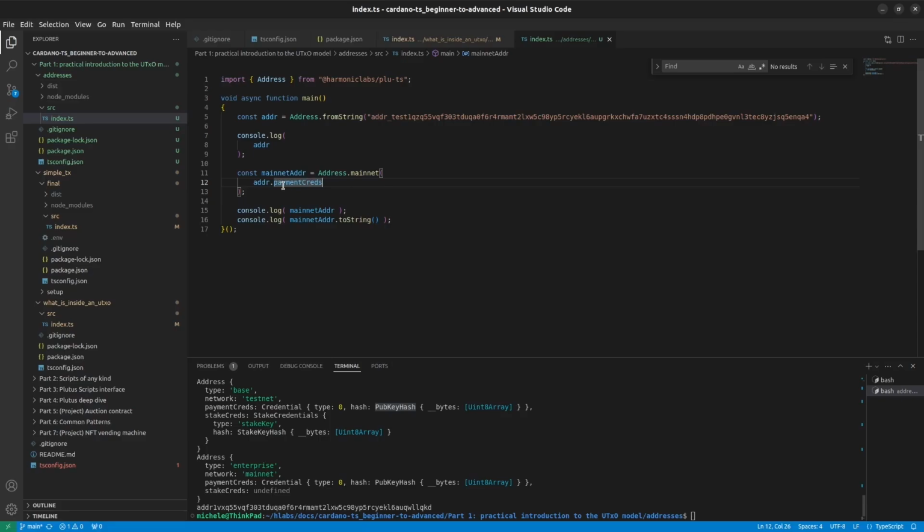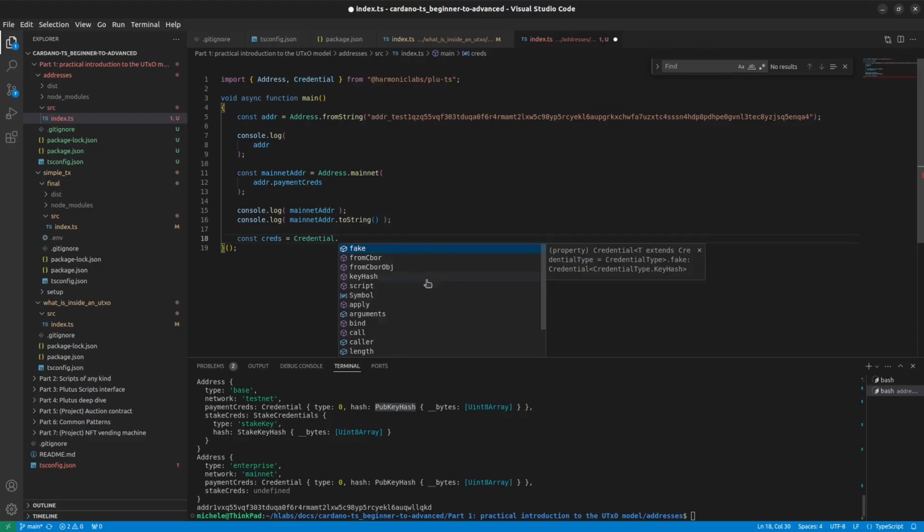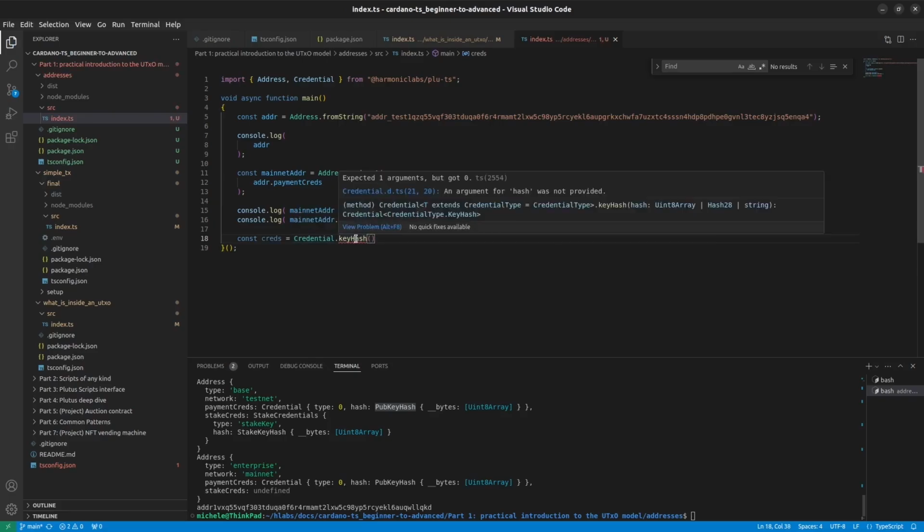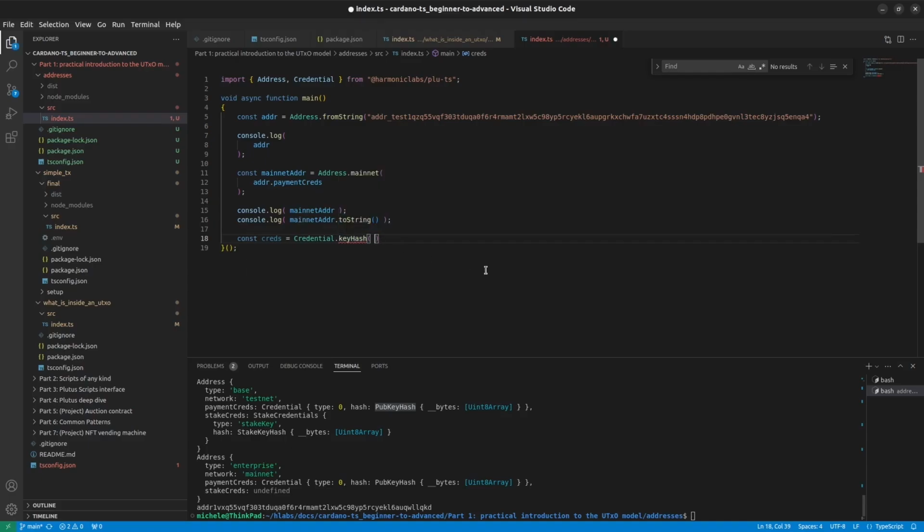If we see, the payment credential is of type credential, and we can also construct the credential type independently. You will need to manually import credential from plu-ts, because in Node there are Node.js credentials. There is a conflicting name, but it should not be a problem. So we import credential from plu-ts. Now this credential is from plu-ts, and we see that we have a bunch of methods, of which two are functions. One is keyHash, so we can construct a payment credential from a public key hash, as we did here. So we can pass something like